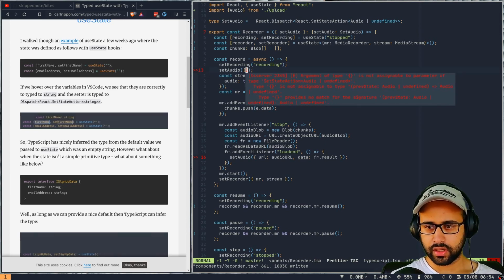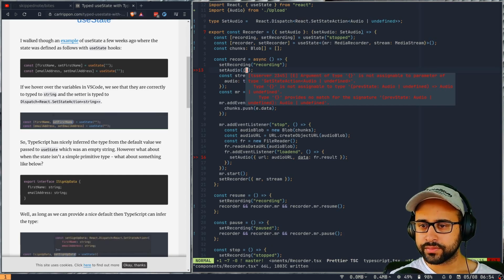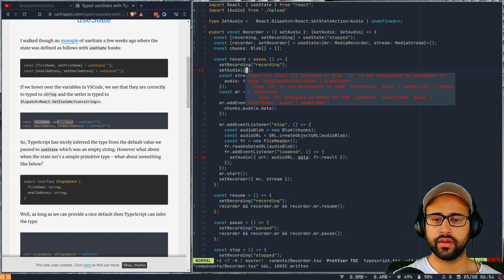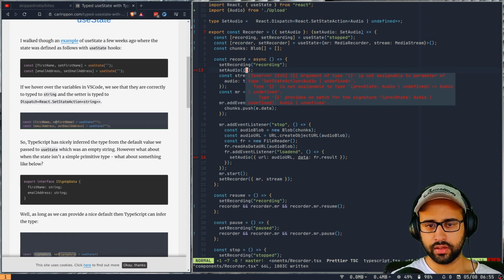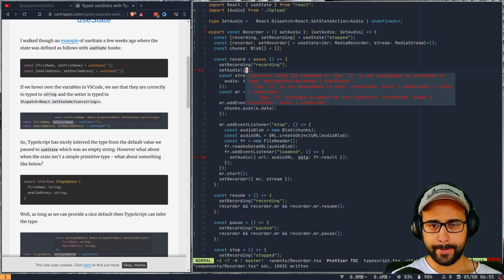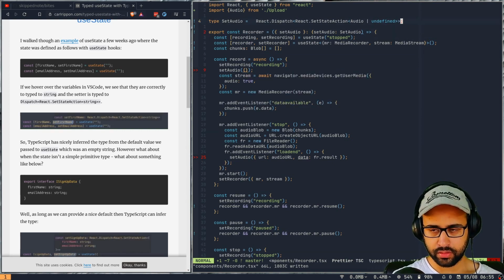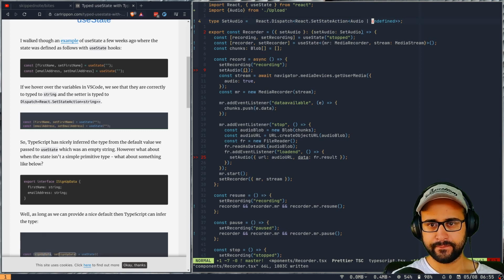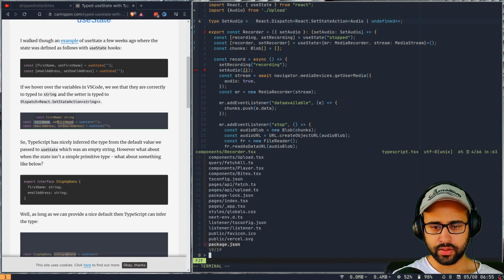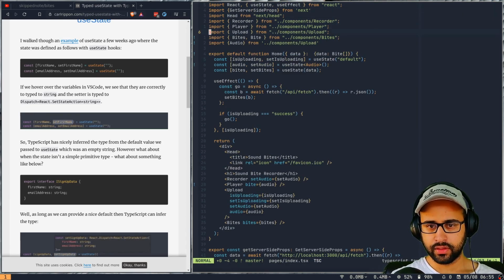So can we not pass argument of type? Okay, yeah, so we could probably, instead of undefined, can we do, so in our index, right, so the default state could be an empty object, right?